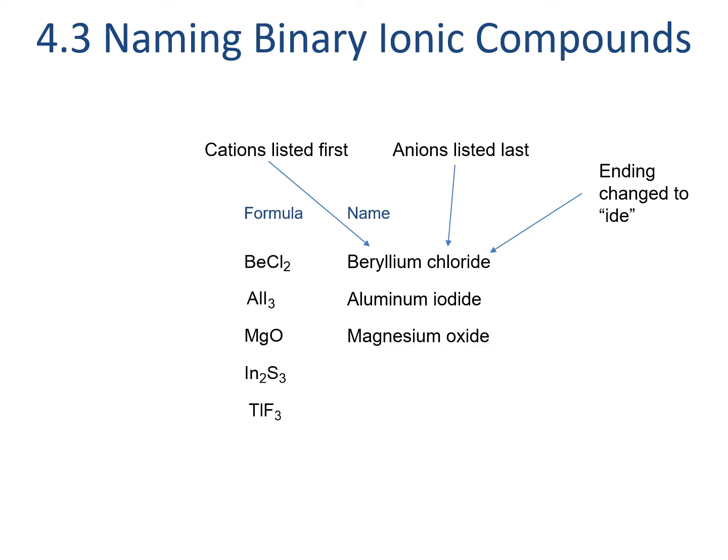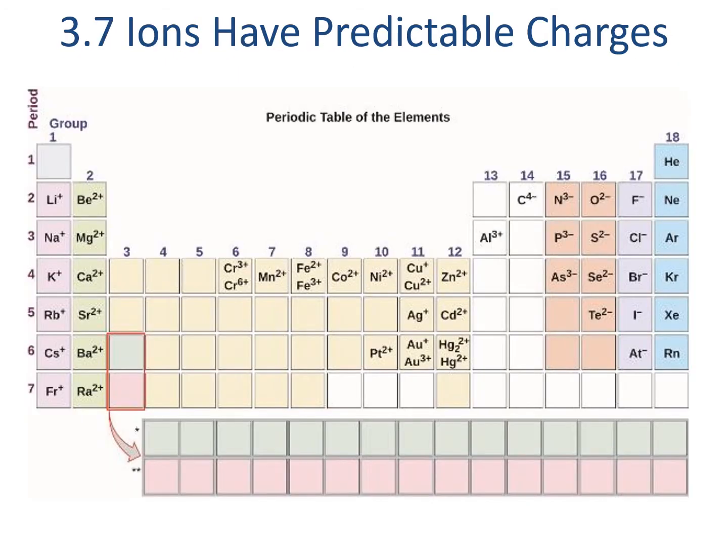Magnesium oxide, or MgO: the oxygen becomes oxide. Indium in In2S3 would stay the same, but sulfur becomes sulfide, and thallium in TlF3 stays thallium, while fluorine becomes fluoride. Naming binary ionic compounds in this manner is great, as long as we only have one major